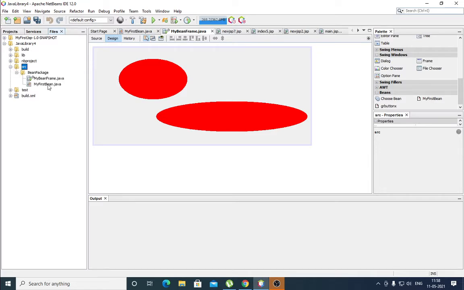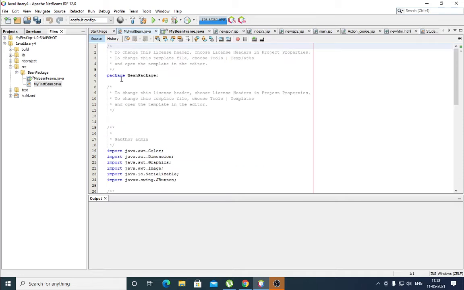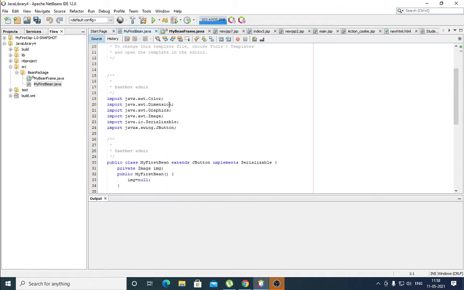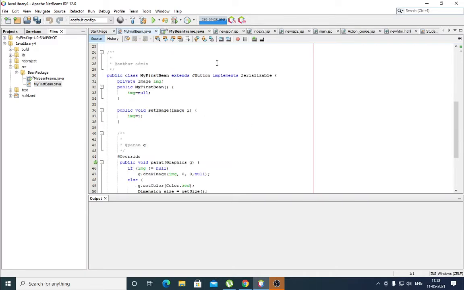Under that, MyFirstBean.java. This is the program. It gives the package name, then color, dimension, graphics, image. It is an applet program. Public class MyFirstBean extends JButton implements Serializable.